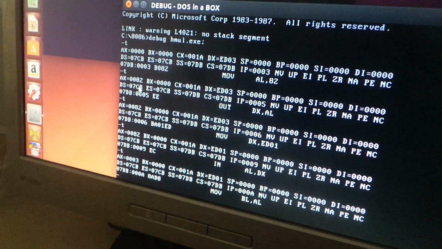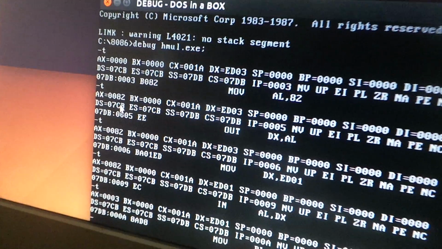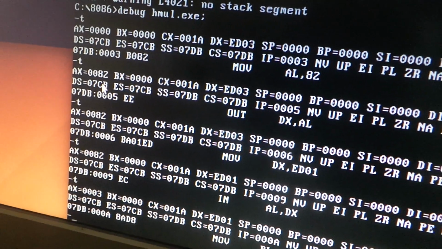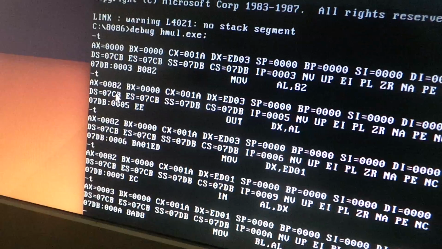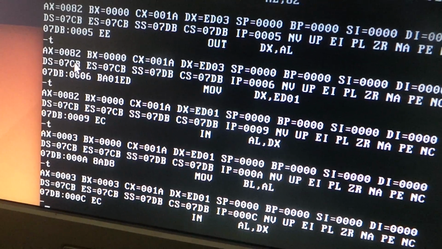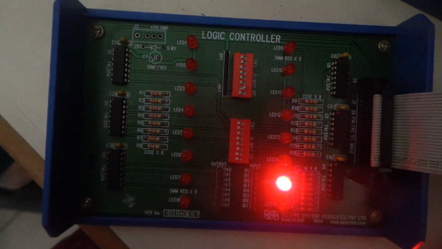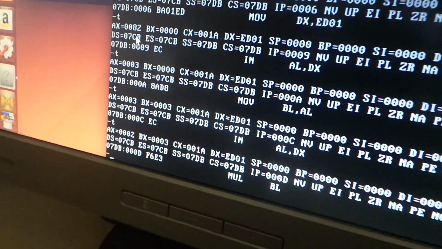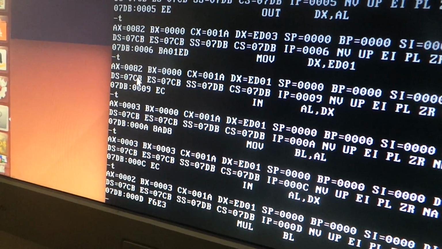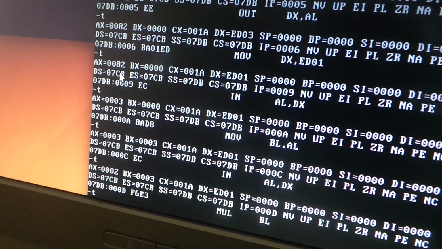Next, we will store that number in another register, BL, in order to save the initial value of X read from port B. Now we'll be reading the second number. And finally, multiplication is performed using the instruction MUL BL, which multiplies the contents of AL with the contents of register